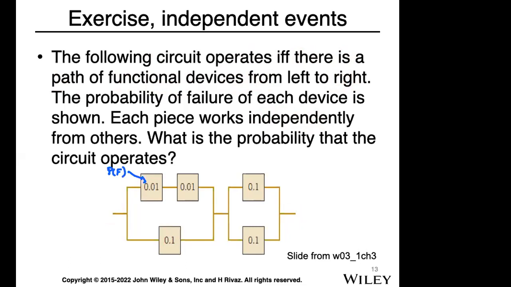So I always encourage you to break a large question into several smaller questions, right? So what we are going to do is that first we are going to calculate the probability of the left part operating, and then calculate the probability of the right part operating, and at the end multiply the two by each other, right? So basically,